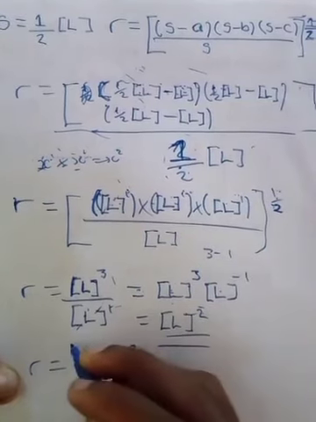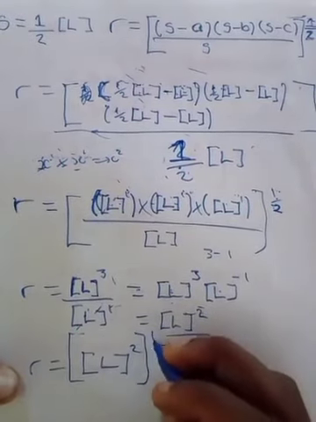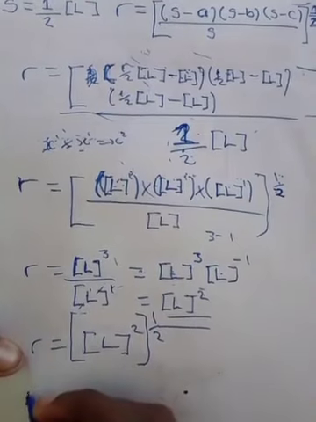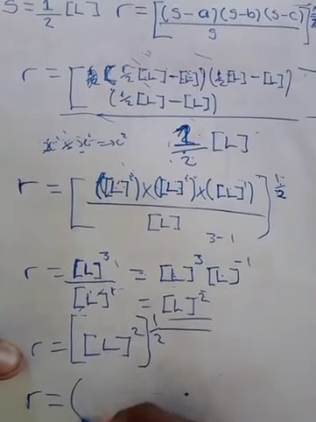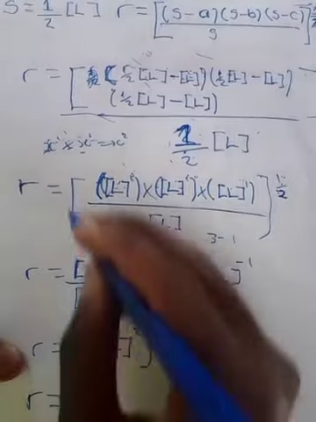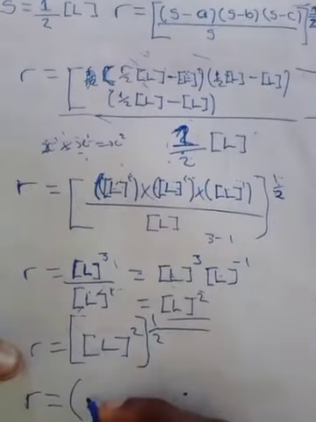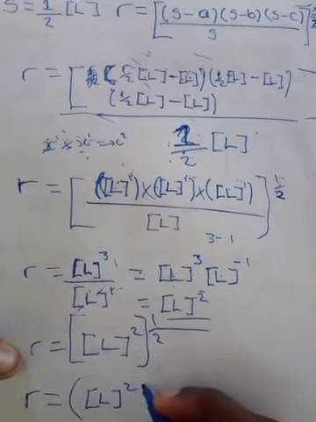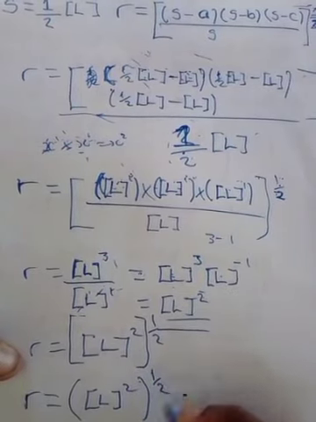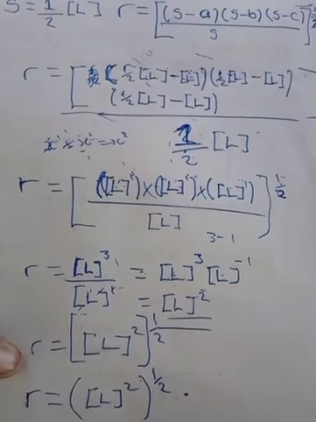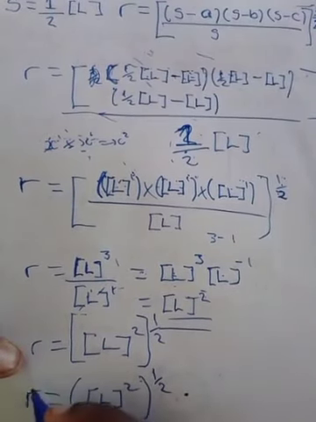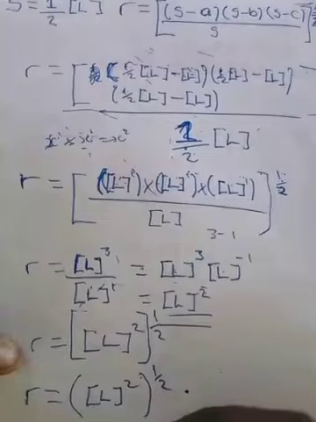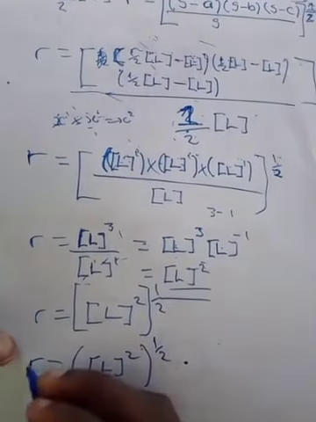Okay, so let me just write this properly. So we have radius, and this time let me just put it in parentheses. So I'm going to have the length dimension squared, raised to 1 over 2. Okay, now I think this time let me write this in its dimension. If you want, you can write it in its dimension maybe from the beginning, but the answer is still going to be the same. So for radius, we found its dimension is length, right? So here you have,